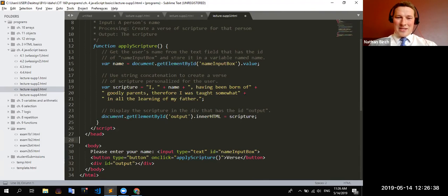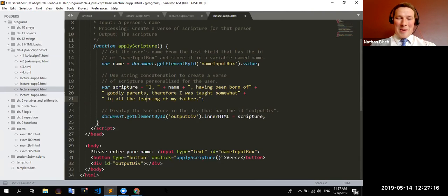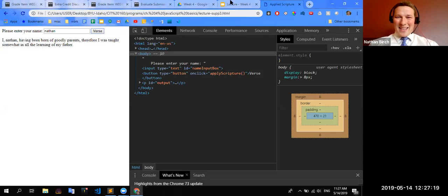Okay, cool little side note, something that I just did. In Sublime, if you select a text, you can see that it shows the other points in my program where it shows this particular string. Once I have one selected, if I hit Control D, it will automatically select the next instance of that. So if I double click right here and hit Control D twice, then I could change the name of this in all the places that it's at. So I could put it back to output div, and it'll change all three of them. That was with Control D. Sublime has a bunch of cool stuff. You can see expand selection to word. Control D is right there, and it has a bunch of really cool stuff that you can do. But side note.